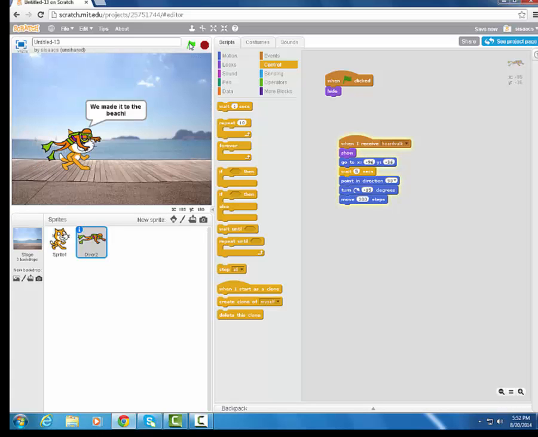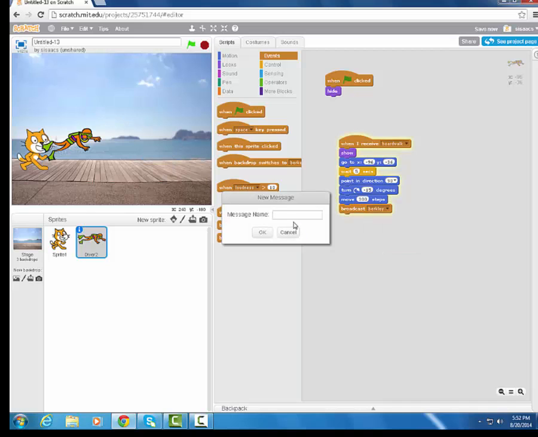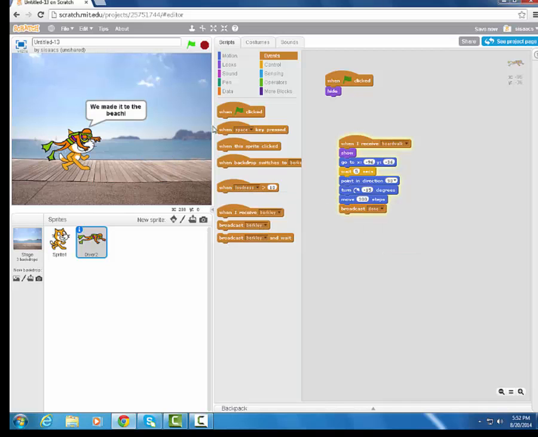Now he's at that spot, and in 5 seconds he should jump back to there. But then, you know what? I guess what happens is he's continually receiving this message. So maybe we need like another message saying broadcast, and we'll call this one, after he did that, we'll call this done, and then we'll have when he gets the message done,